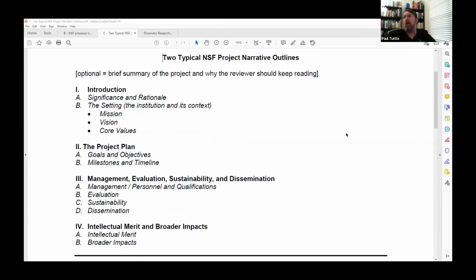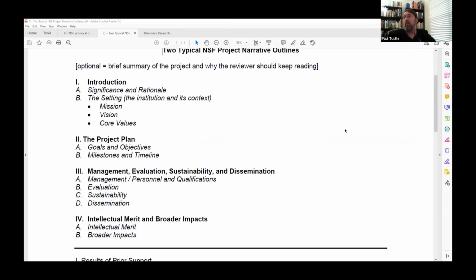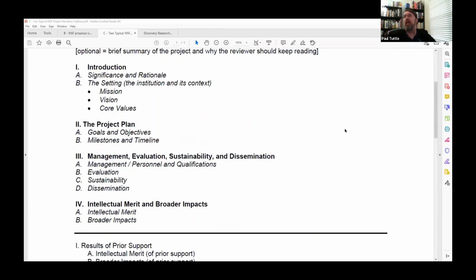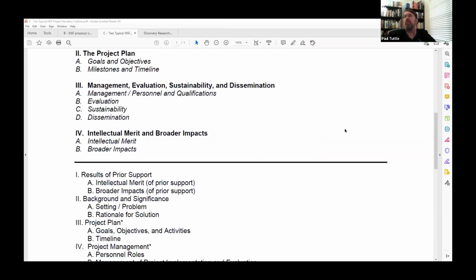Because that's my background. I'm a business and technical writing instructor, and I was going to be a business and technical writing professor before coming into this field. So I'm all about the writing and all about making it make sense and making it be highly structured. So as you can see, there's introduction, project plan, the management of that plan, evaluation, sustainability, dissemination of that plan,